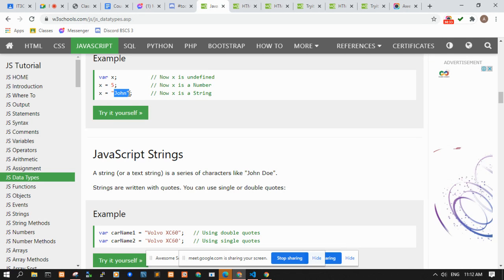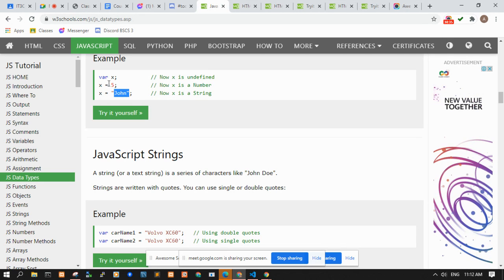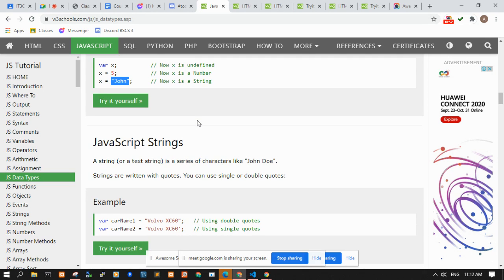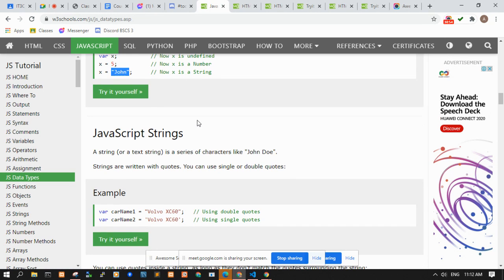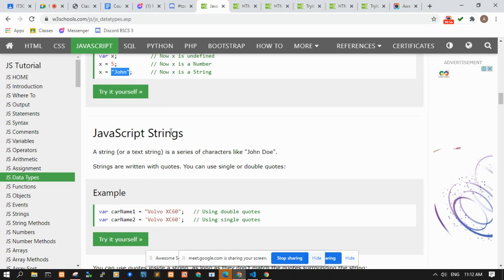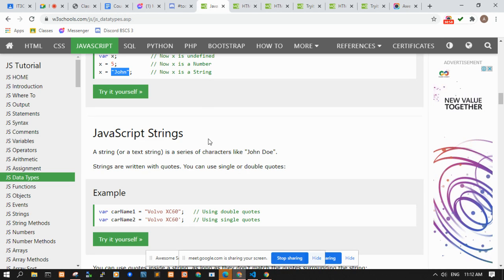So there is no restriction on whether you assign a number, a string, or an object to a variable. You can always reassign any value since the types are dynamic. Unlike in Java, where if you declare it as a string, you can only put a string. You cannot put an object or primitive types.